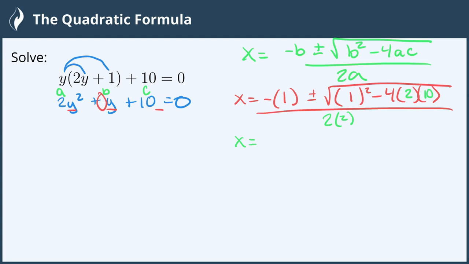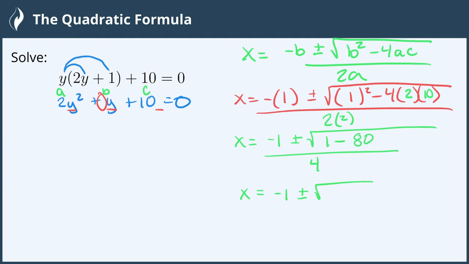Now we have x equals negative times 1 is negative 1, plus or minus the square root of 1 squared is 1, minus 4 times 2 is 8, and 8 times 10 is 80. And this is all over 2 times 2, which is 4. Now let's continue simplifying. So we have x equals negative 1 plus or minus the square root of negative 79